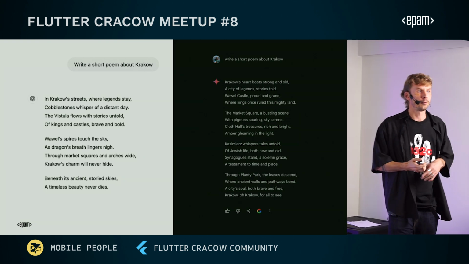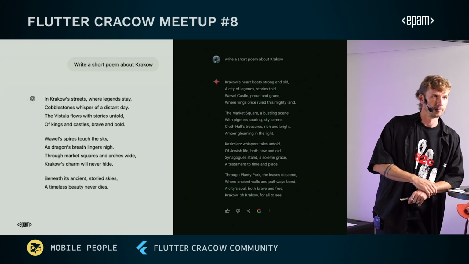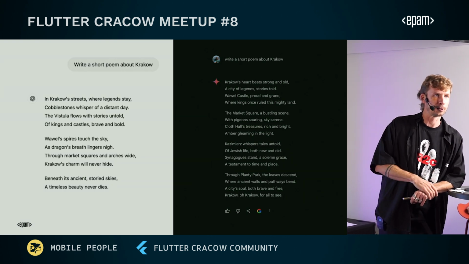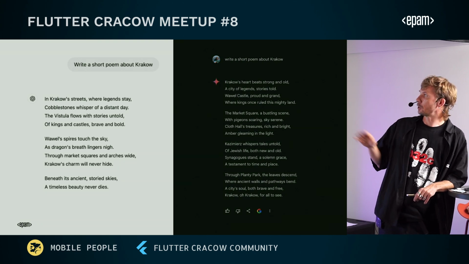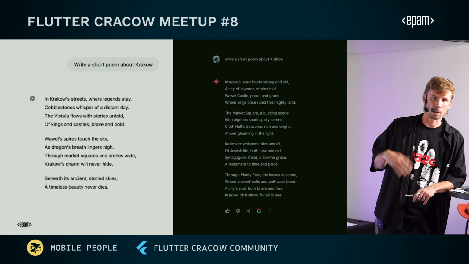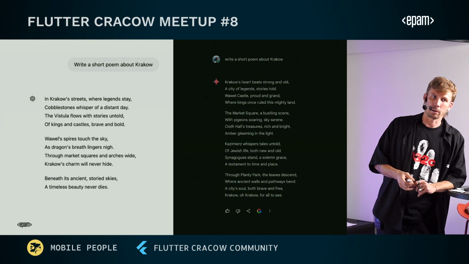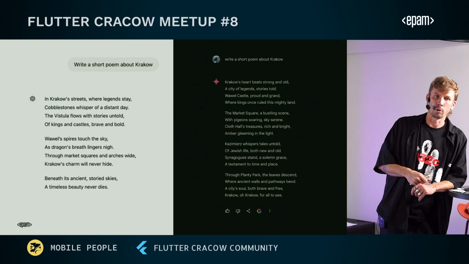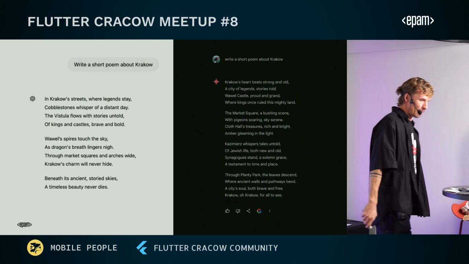Okay, who thinks that ChatGPT is the better poet? And who thinks that Gemini is better? And you know, I usually try to generate poetry on different topics, and Gemini is always better. Looks like Google has more poetry in its database than OpenAI.